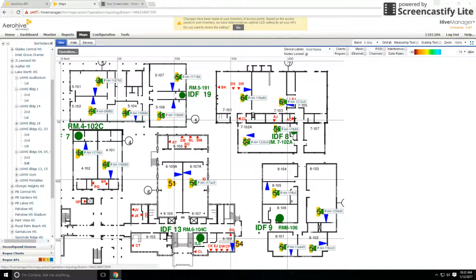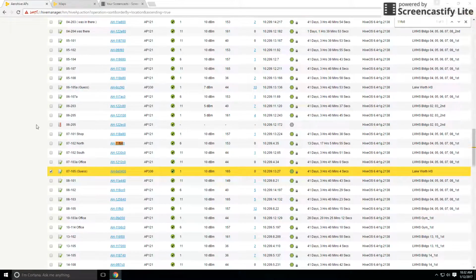We can see that what we're essentially seeing are access points in building 7. And what we notice is that there seems to be no access point in 7105. So I'm going to take a guess that our access point, the one that's currently not known, is in 7105. But we're going to make sure that we actually put down the fact that this is a guess next to it. So if we go over to the monitor, I've already put 7105 in guess,